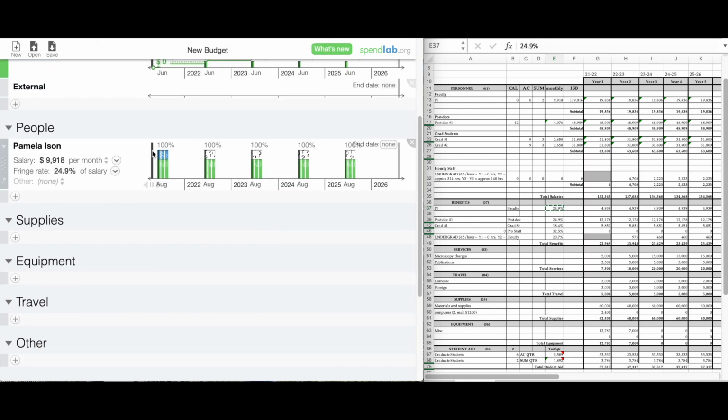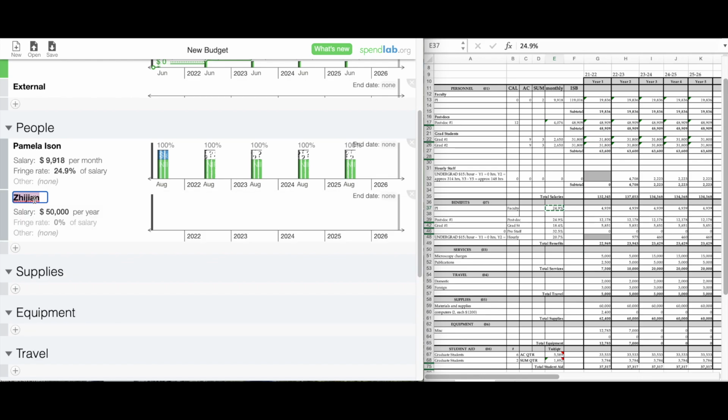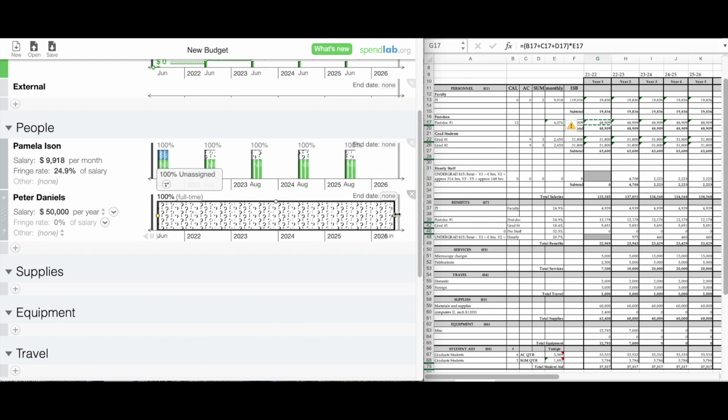Now that I have my PI in, I'm going to add my postdoc. And Peter works 12 months out of the year at full effort on this project. He gets paid this amount per year, so I'm just going to double click at June, and I'll drag through June of 2026. I'll specify the NIH grant, and I'll change his salary to this amount per year, adding the fringe rate. If the fringe rate changes over time,